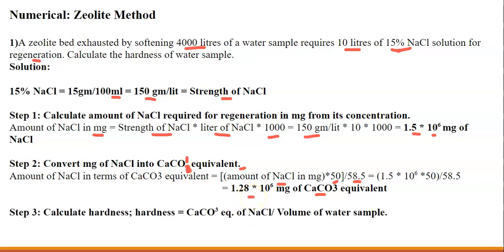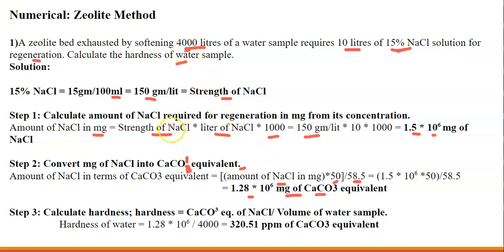The third step is that we have to calculate the hardness. They have asked in the question, we have to calculate the hardness of the water sample. So hardness of water sample would be equal to the amount of NaCl in calcium carbonate equivalent upon the volume of the water sample. This is the amount of NaCl in calcium carbonate equivalent, and the volume of water sample softened is 4000 liters. As you put the values in the formula, you get the hardness of water, which is 320.51 ppm of